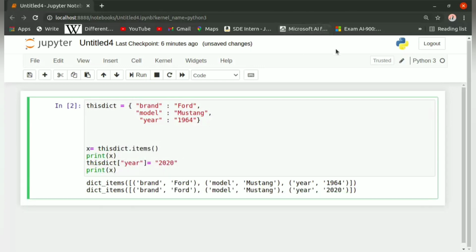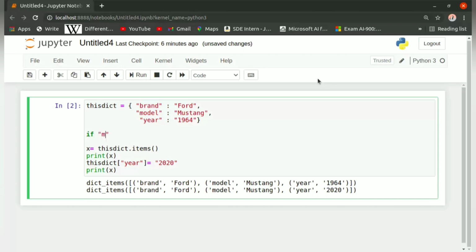If we wish to check whether a particular key is present or not inside a dictionary, we use the in keyword again. Using the if statement, we can check this. So the already defined dictionary, which is this dict, and after that we specify these key and values and then write if. Let us check for model.